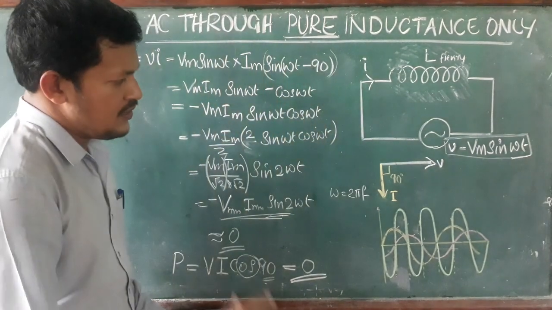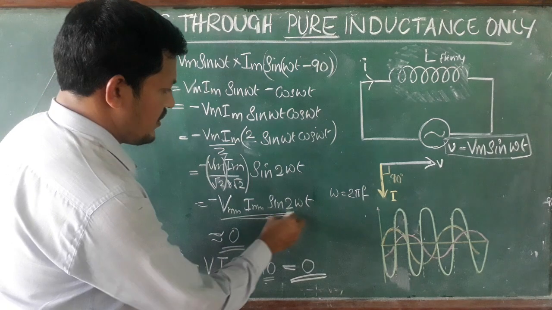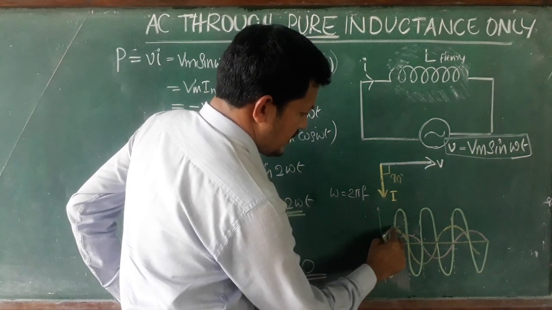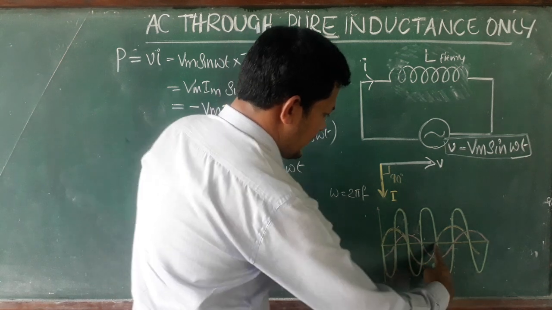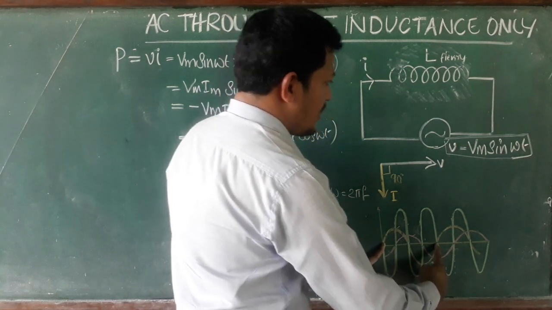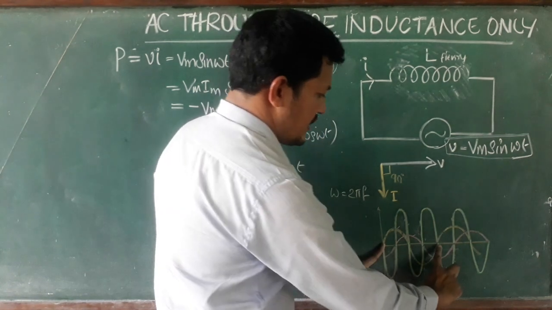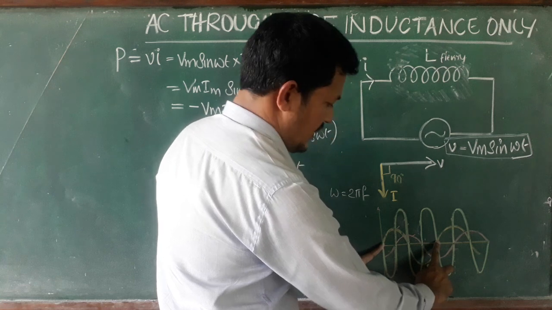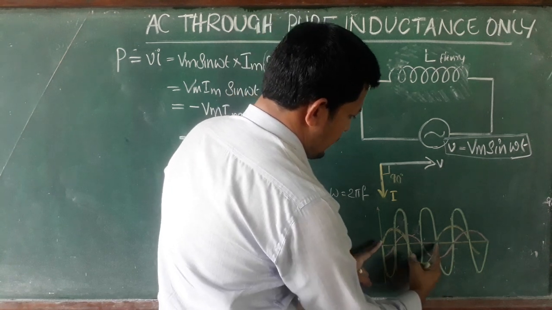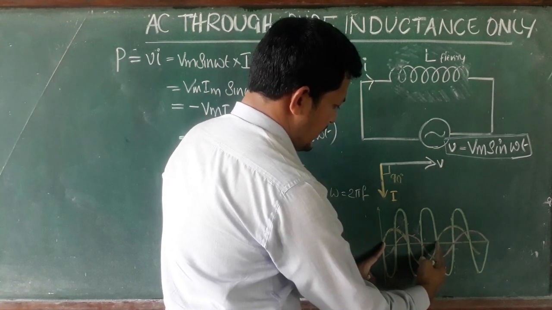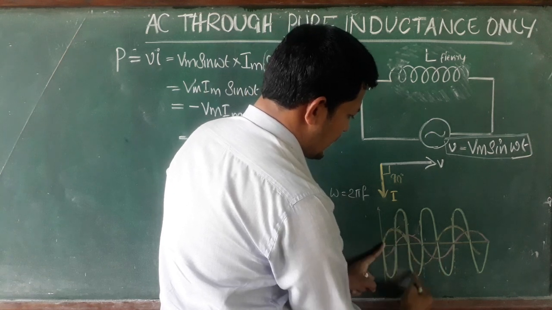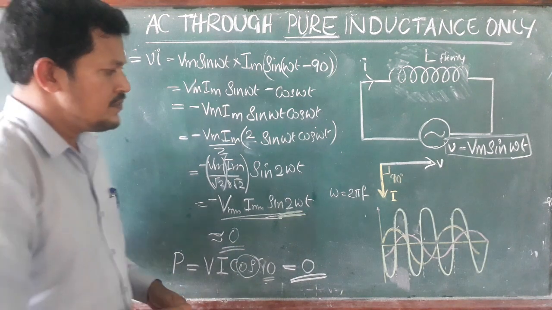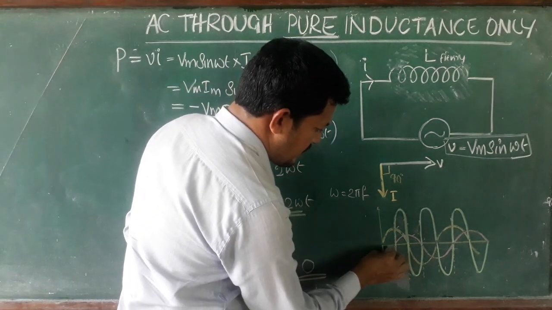Like this it goes. Now, the double frequency that I mentioned, you can observe it. Here the voltage waveform completes one cycle. That means the supply voltage completes one cycle here, while the power waveform completes two cycles. It is very clear. When the voltage waveform completes one cycle, the power waveform completes two cycles. That is called double the frequency. So the power waveform has double the frequency.